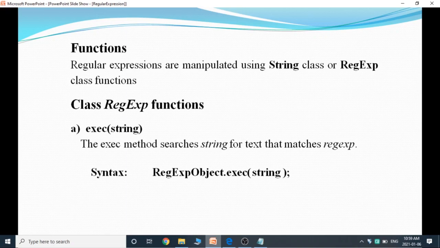What does the execute method do? The execute method searches the string for text that matches the regular expression. If it finds a match, it returns an array of results. Otherwise, it returns null. In the previous example, we saw this execute method.